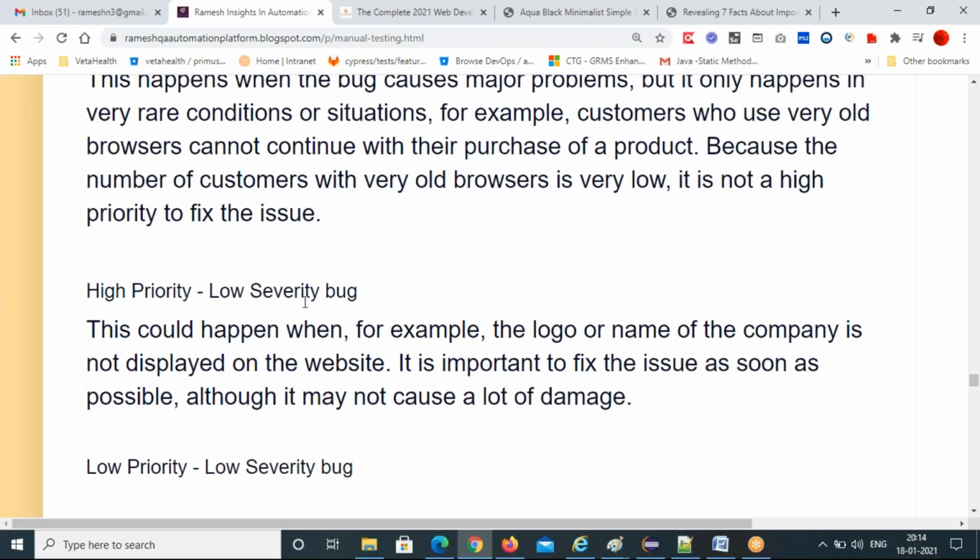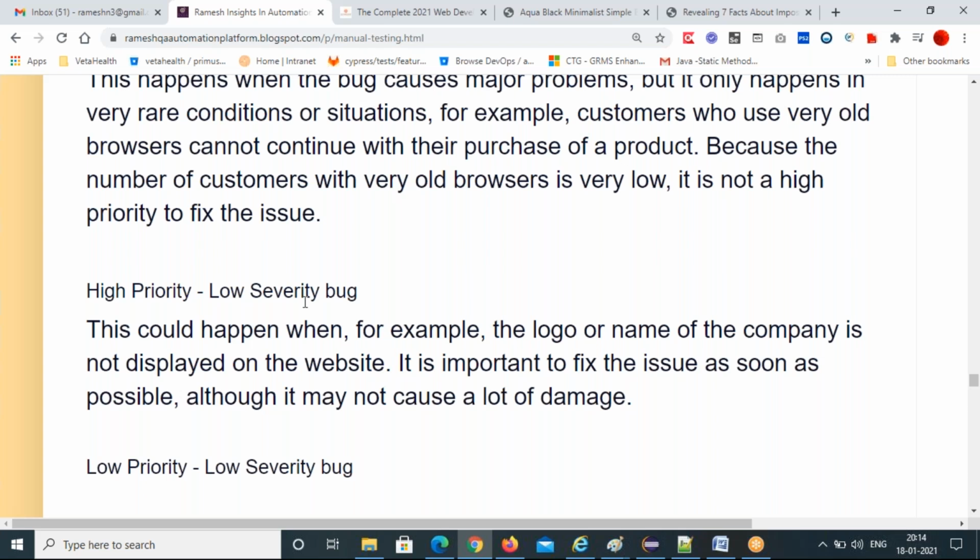This could happen when, for example, the logo or name of the company is not displayed on the website. That's a bug, right? You're developing some application, the logo should be there. If the logo is not there, it is very important.